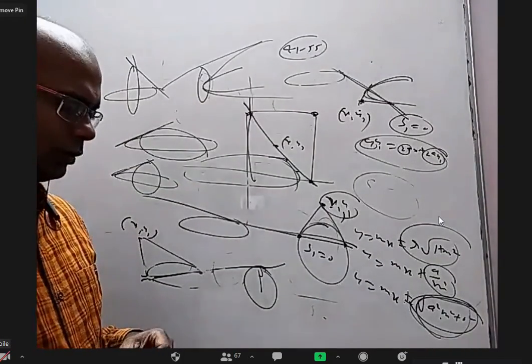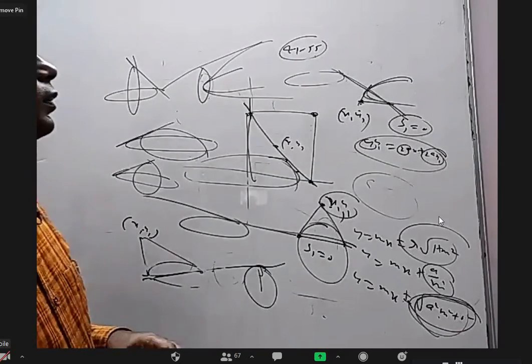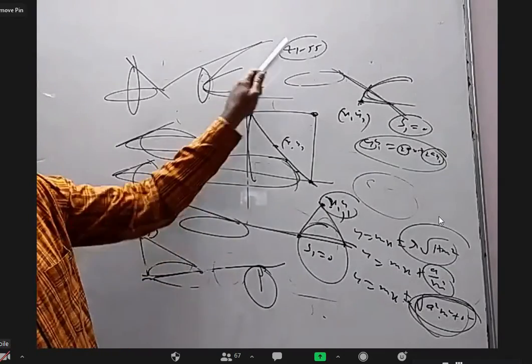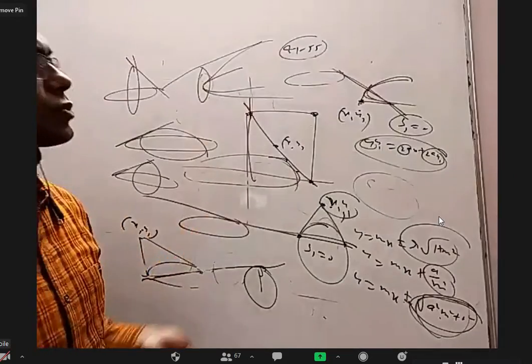Your exam is Sunday? Yes, sir. So by Monday morning, after the exam or before the exam you try, I don't care. But by Monday morning, you should complete 41 to 55 in Mains, and we'll discuss doubts.